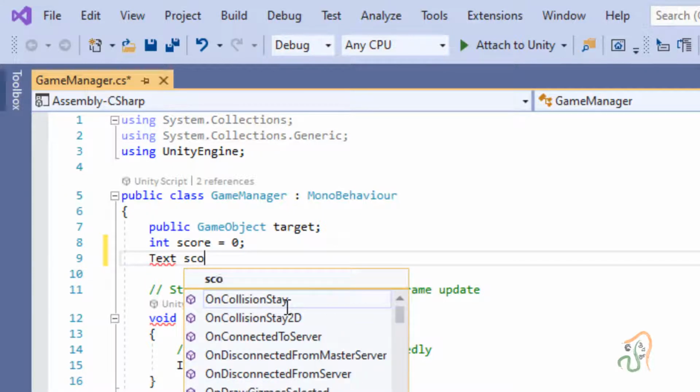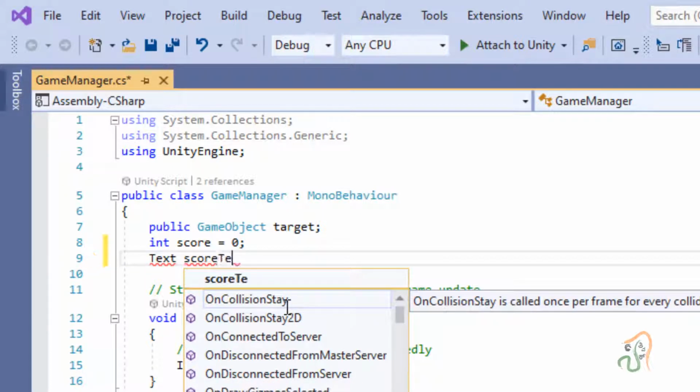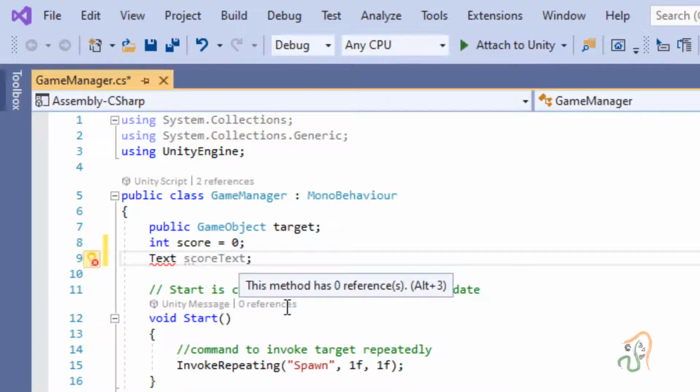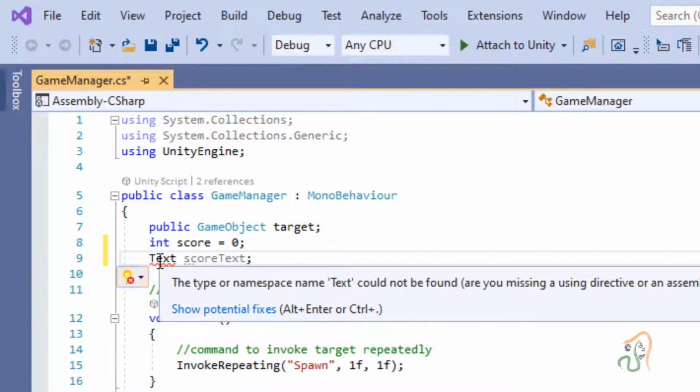Let us name it as score text, where S is small here. I am typing score text, giving it the name, and ending it with a semicolon. But here you are seeing that this text is showing an error. It is saying the type or namespace text could not be found.